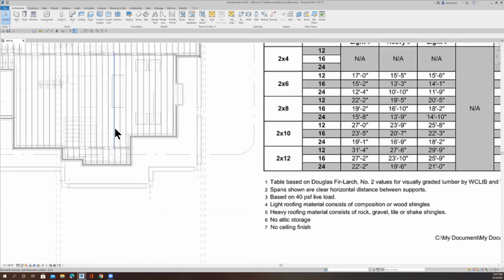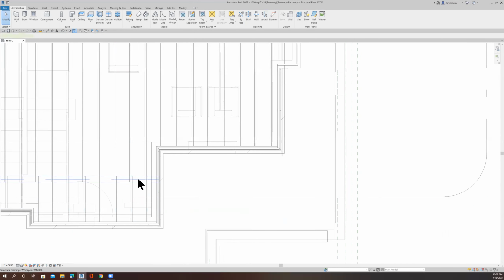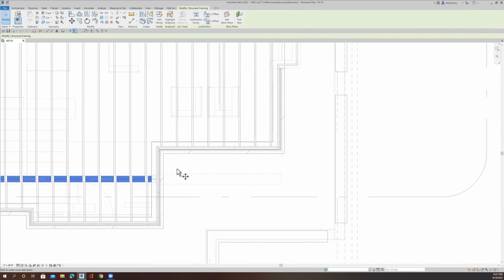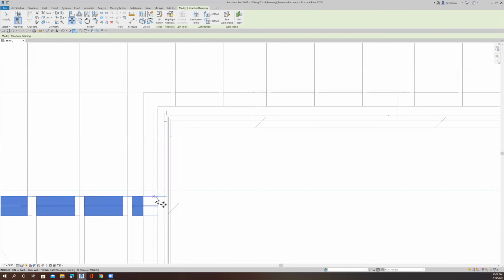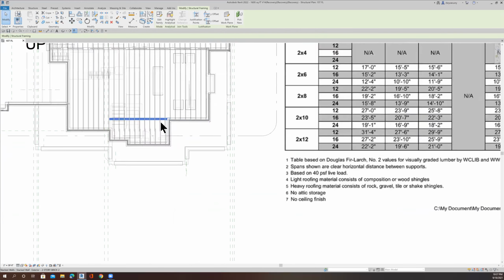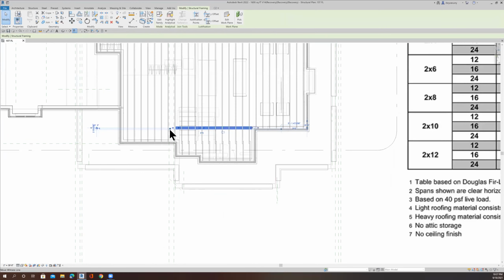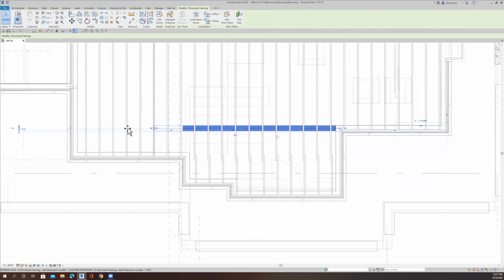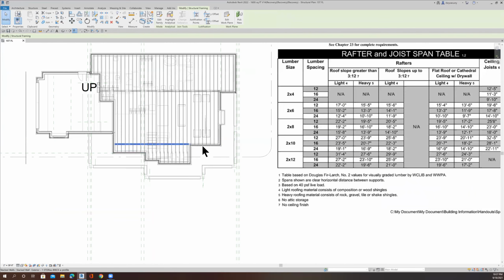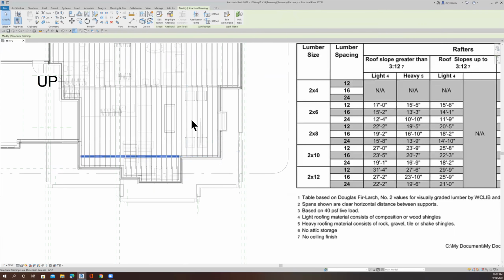So if I move this beam, this steel beam, back from here to here, and then grab it all, stretch it all the way over to here,